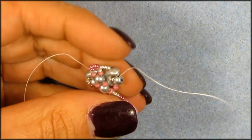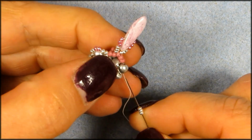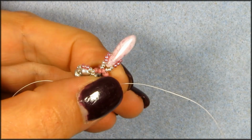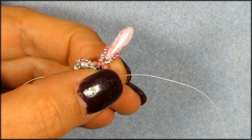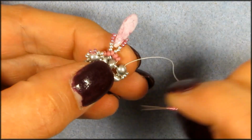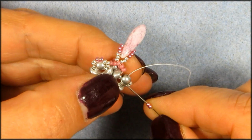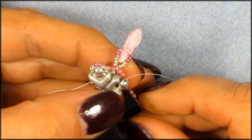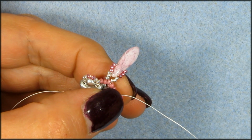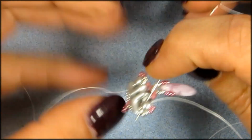Now pick up 3 silver again. I'm just going to turn that around, it's easier. Go into that other round duo hole and pick up 2 pink into that, back into that same hole, and pick up 3 again, silver, and then back through